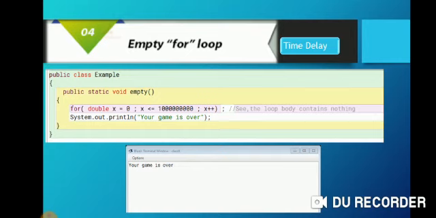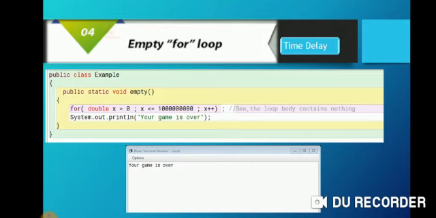This is how video games work. They create a time delay loop. It actually displays on screen the score or your name for some time, and after that the casting of the video game or whatever starts, and then you can move further. This is used to create time delay, that is you can have a screen display for some time, and after that something else is going to happen, and for that you need to have either a nested for loop, or